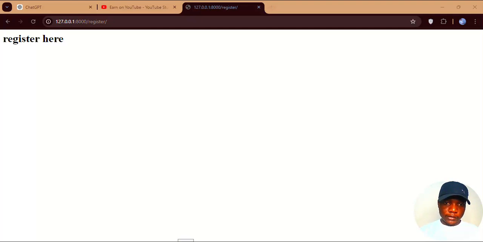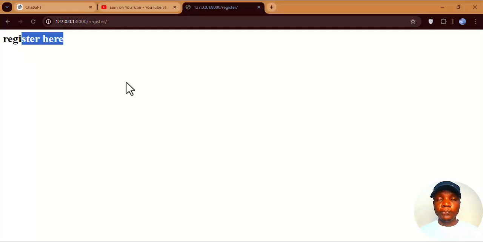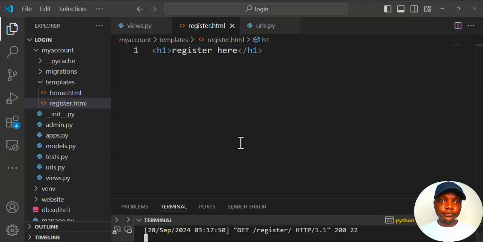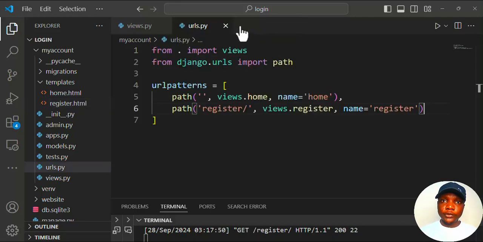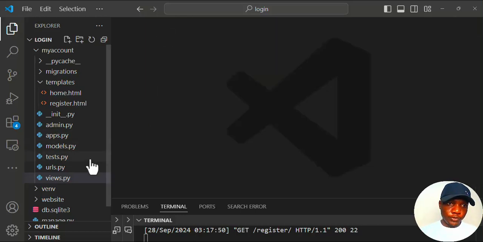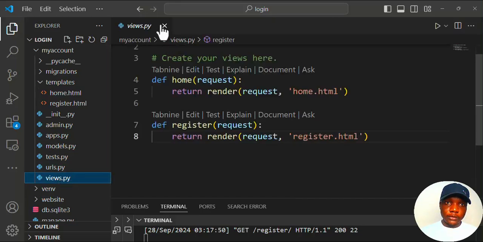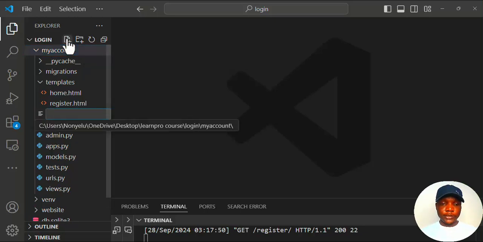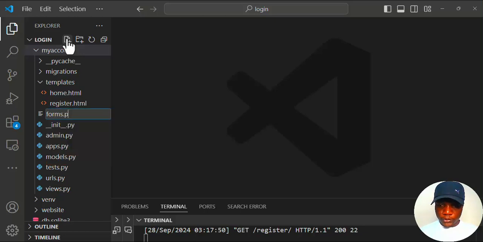Okay, so let's get back and do the logic, because this is not actually what we want to return on the registration page. So let's put this one down. For now, I am going to close this one. Now I am going to be making use of the default Django authentication. So on the views, before I handle these views, on my app, we need to create forms.py,